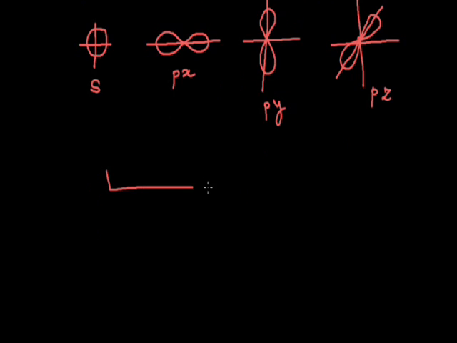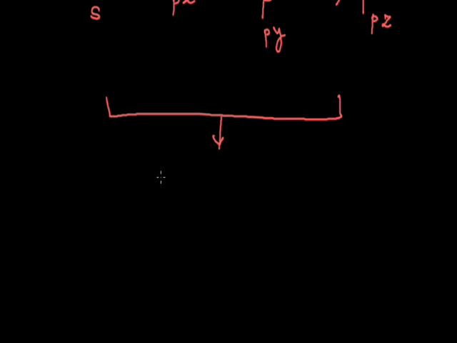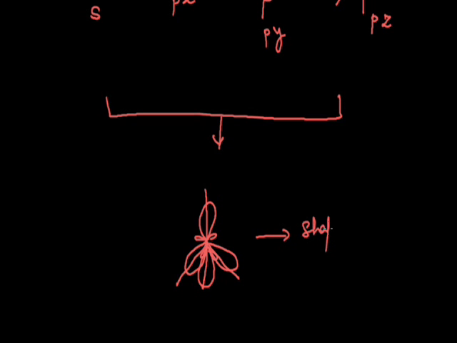When these orbitals combine with each other, that is, they undergo intermixing, they lead to the formation of hybridized sp3 orbitals, which tend to occupy the tetrahedral shape with bigger lobes and some smaller lobes. And this is the shape of all the four sp3 hybridized orbitals